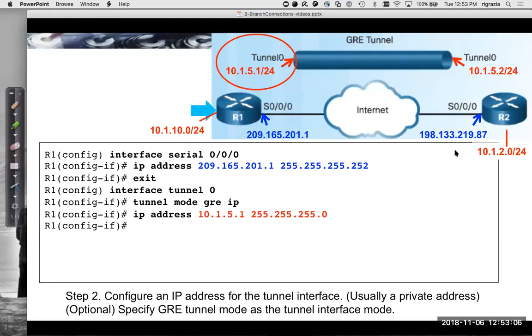Tunnel mode GRE IP, I won't go into that command here, but it's an optional command. But we're going to give the IP address. Okay. I would typically say tunnel mode GRE IPv4 or IPv6 here, or both, just to manually specify that we're using a GRE tunnel. Okay, IP address. So now this is going to be a private address, part of our private address space that we're going to see how we route for this in a moment, but this would just be as if